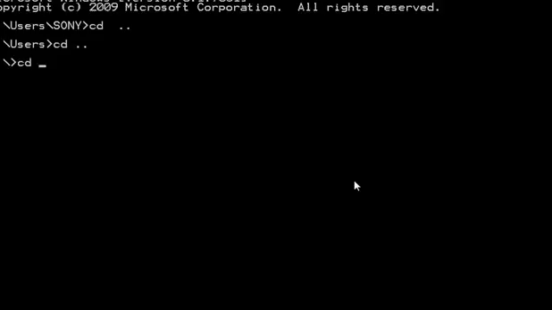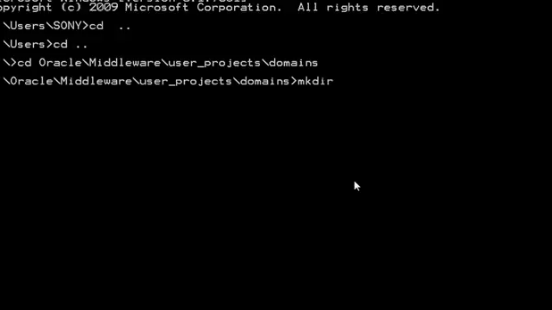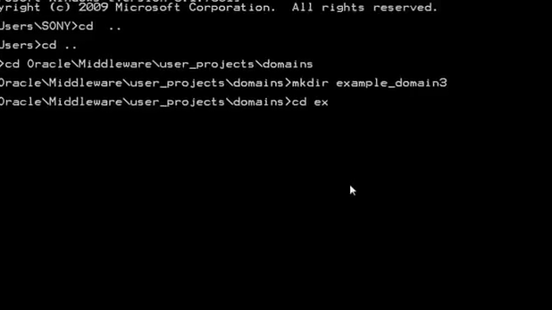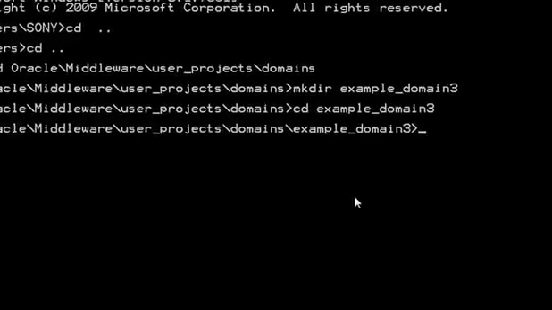First, go to the domains directory of the installed WebLogic. Here, try to create a directory with any name. In my case, I am creating it with example_domain_3. So go inside example_domain_3 and